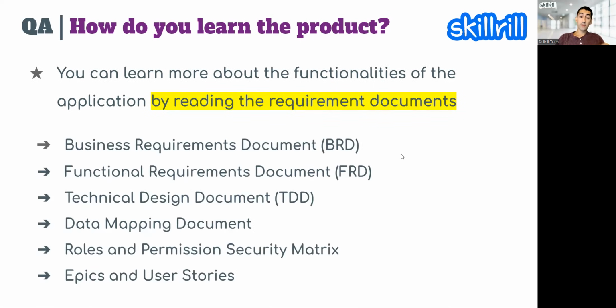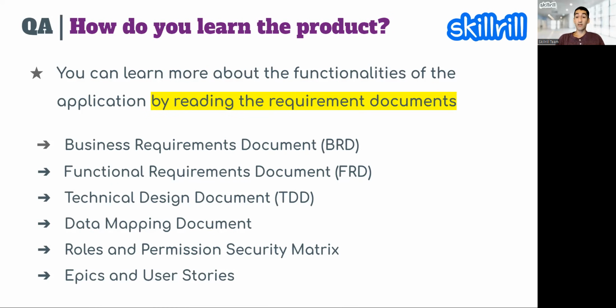And there are many different types of requirement documents that you might be given on your first day or during your QA career. They start from business requirement documents, and some of them might be actual documents. Some of them might be just information that's electronically saved in certain tools, test management tools like Jira, for example, in the form of user stories and so on, right?